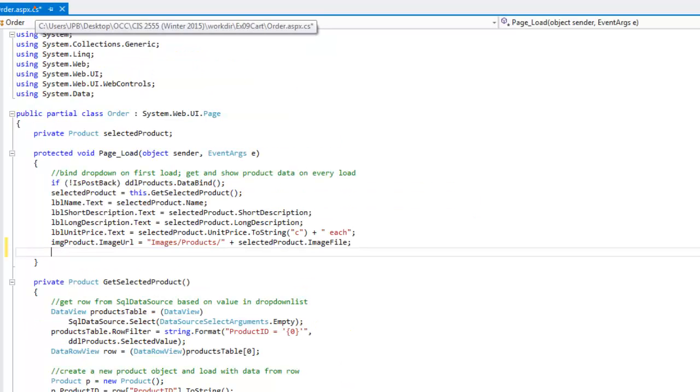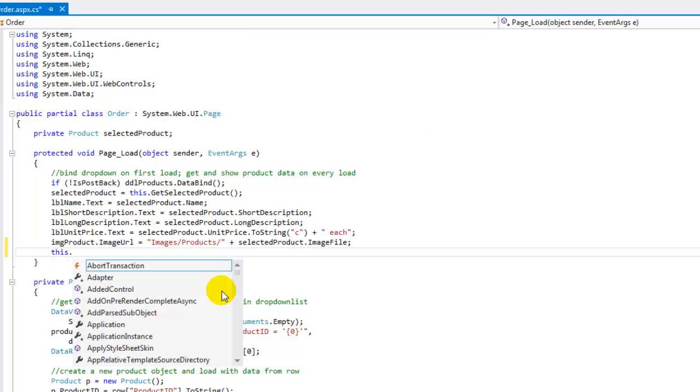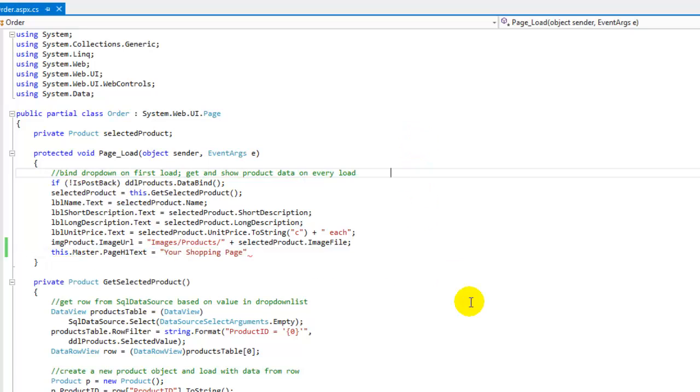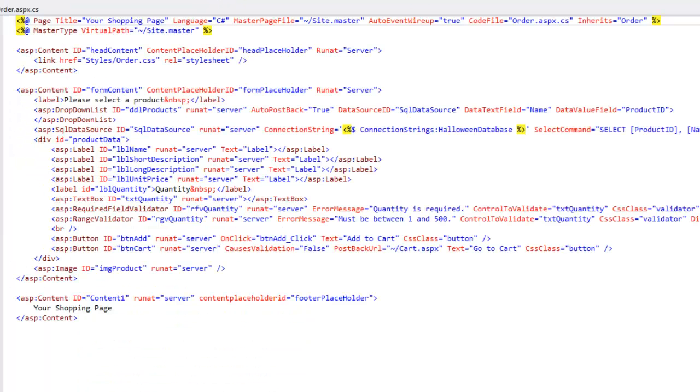Now inside the order page's code, the code behind file, in the page load, so when this order page loads, I want to set that text. So I'm going to say this.master.PageH1Text is equal to your shopping page. All right. So if I show this page now, if I view it in Internet Explorer,